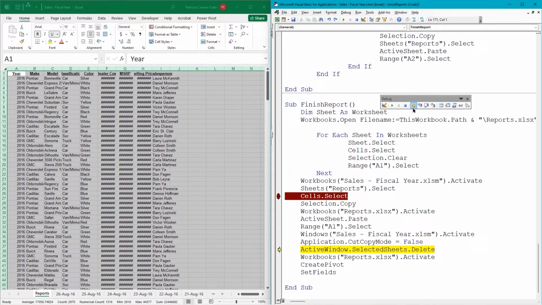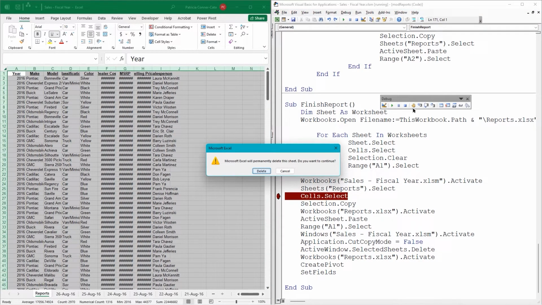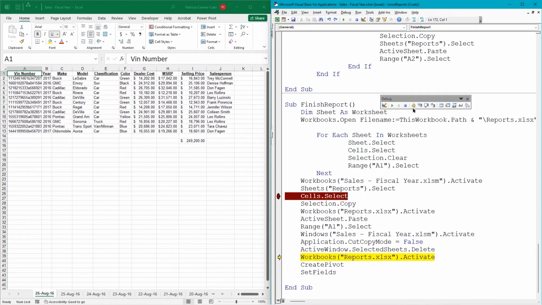You don't see any visible effect. And now it's on the selected sheets delete. So it's on the report sheet. When we F8, this is when we get that prompt that it's going to permanently delete the sheet, and we're going to confirm the deletion. And now it's telling it to activate the reports workbook. Now at this point,